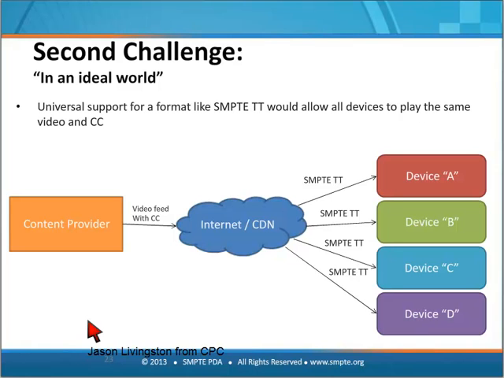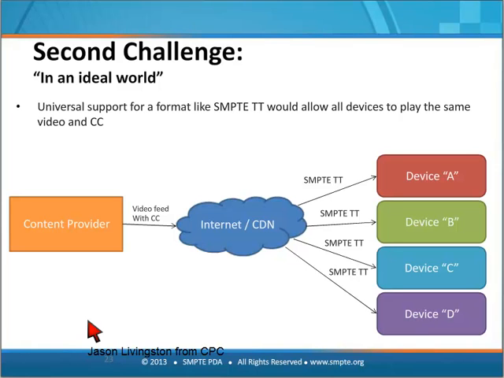Yes, comments on CDNs that provide support for closed captioning. I'm not going to mention specific names right now. I can tell you that I would expect, because this is such a big deal, most of the larger CDNs have already implemented some kind of solution, or they are in the midst of implementing one.